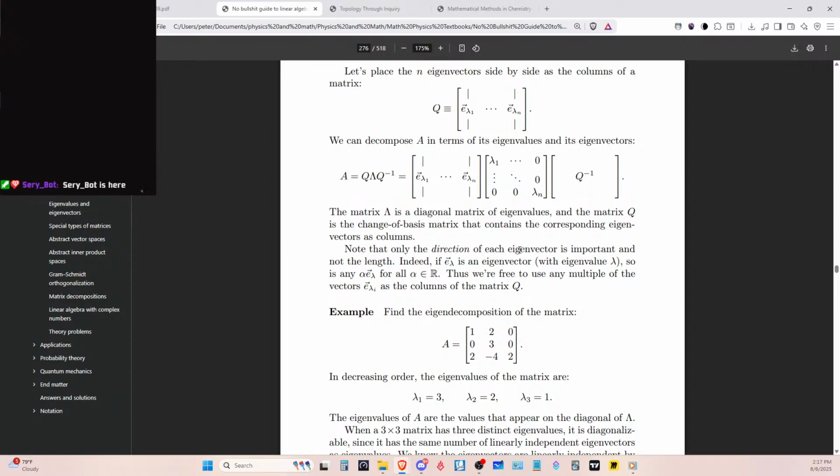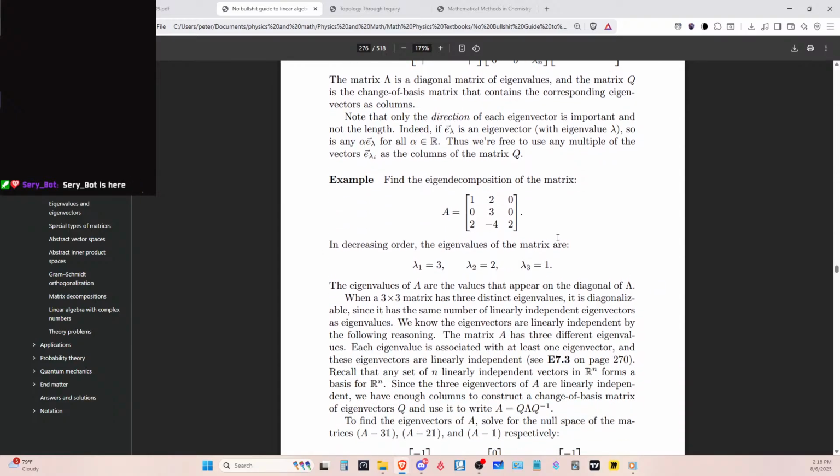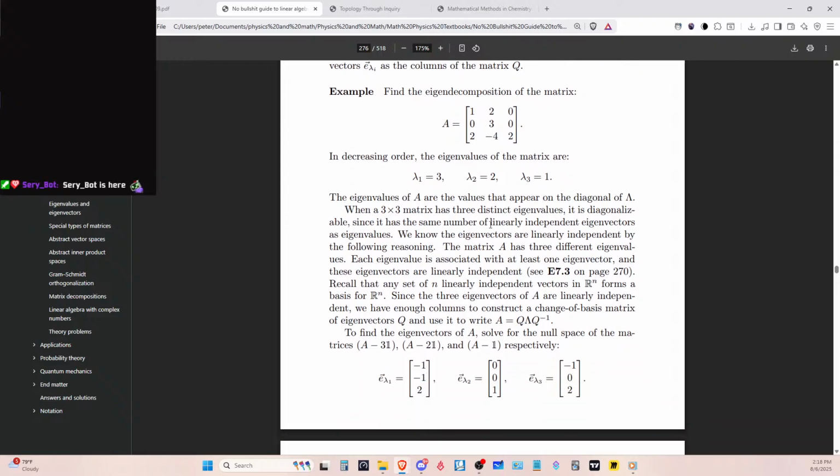So note that only the direction of each eigenvector is important and not the length. Indeed, if E lambda is an eigenvector with an eigenvalue of lambda, so is any alpha E lambda for all alpha that are elements of the real numbers. Okay. Alright, so the eigenvector's values